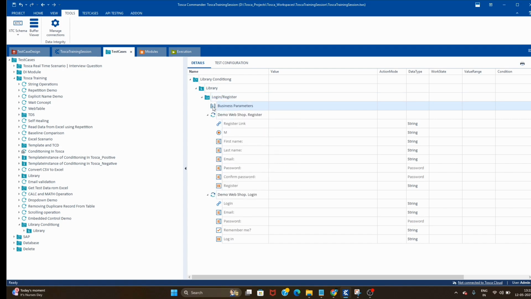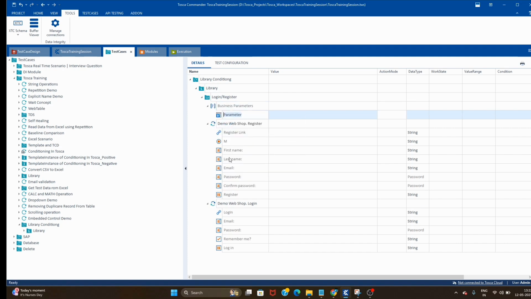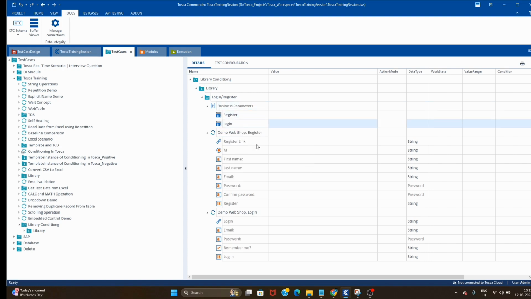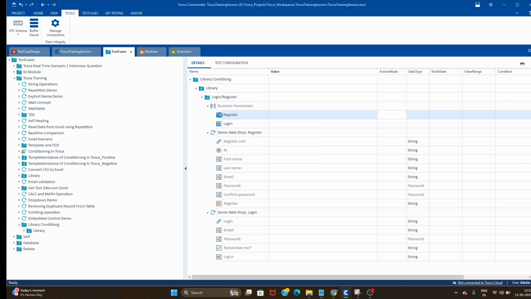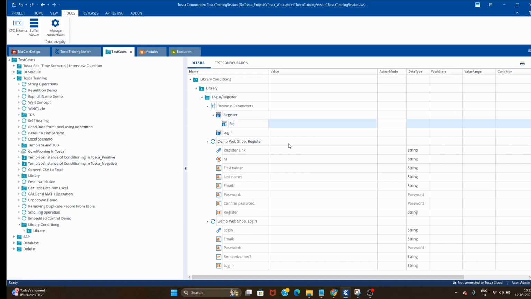Inside that we have to create the parameters. Just right click on that and you will see the option, create parameter. We need a parameter for register, so let me just give register, and we need a parameter for login also, because we want to perform both actions in this single library. For register we need these fields, so I will define a few parameters. First name,